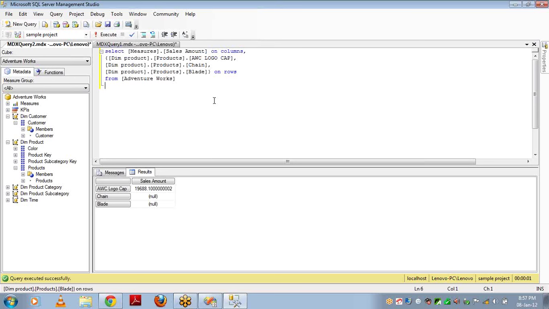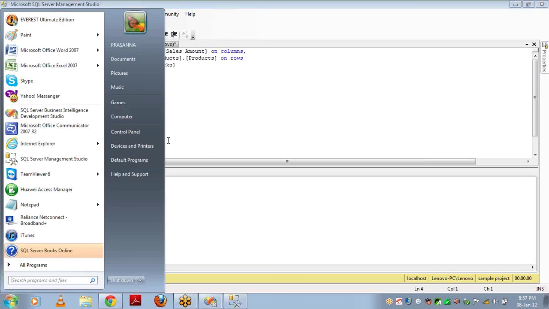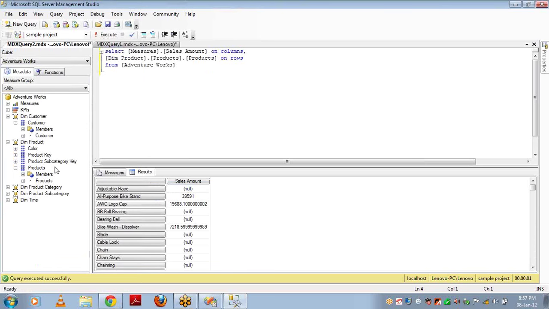What if I don't want to see, for example, I want to see the products. Okay, so let me drag these products here. I want to see the products, not all the products. I want to see the products that belong to a particular category. Let's say the product category and category name. I have 4 different categories: accessories, bikes, clothing, and components. So if I drag and drop a particular member,